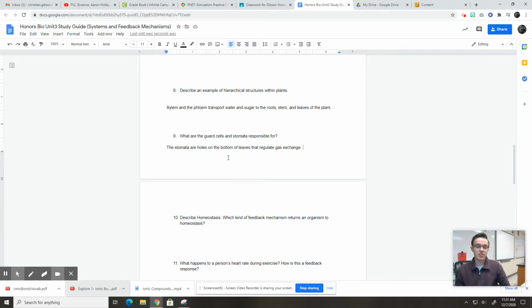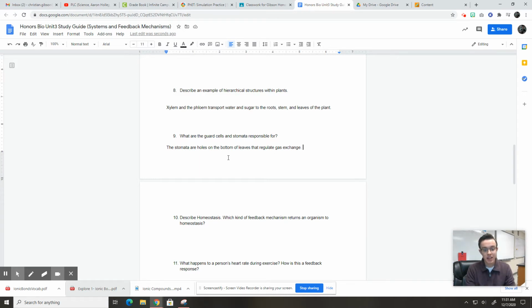Transpiration is gas exchange, but basically, it needs to bring CO2 in for photosynthesis. A byproduct of photosynthesis is oxygen, so that needs to go out of the plant and into the atmosphere. That's good for us, right? Because we breathe that. Whenever there's an excess of water, it may evaporate and leave through the stomata. So it's this little hole on the bottom of leaves that regulates this gas exchange. Now, sometimes gases need to go in and out. Sometimes we need to keep those in. So if a plant is responding to low water levels, you don't want water evaporating out of